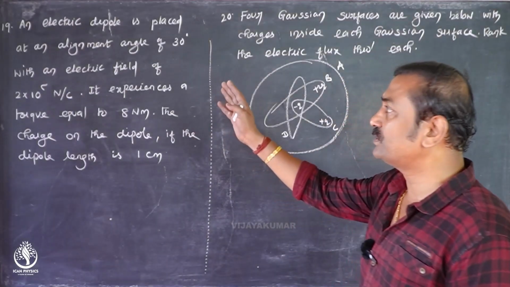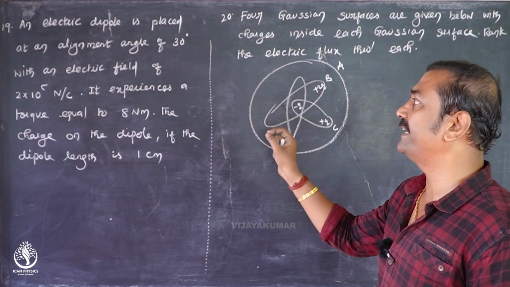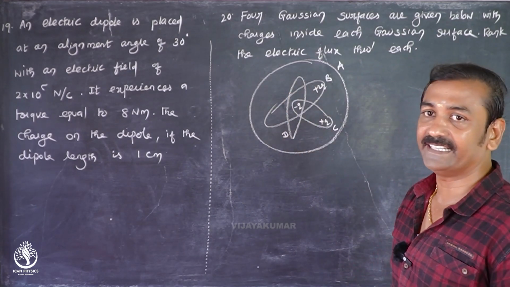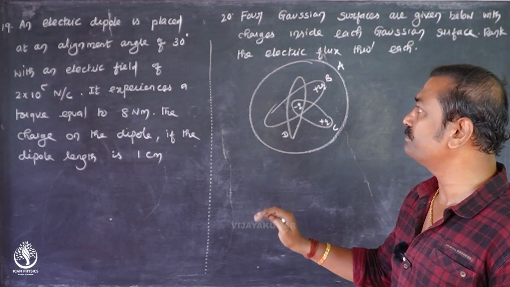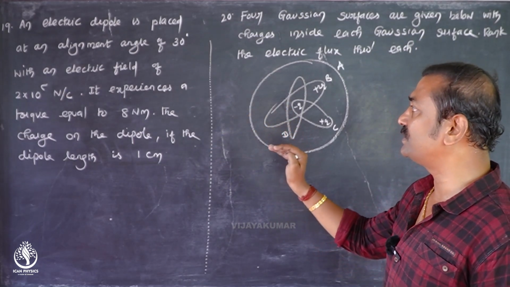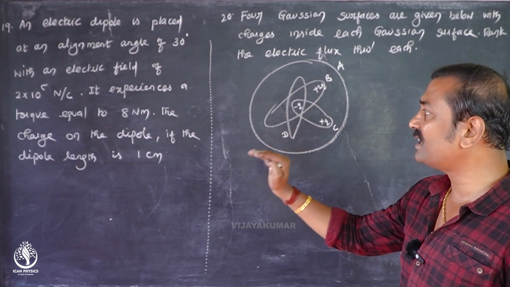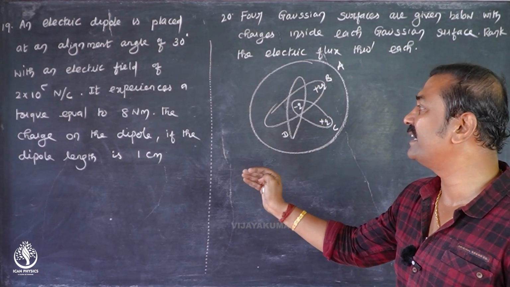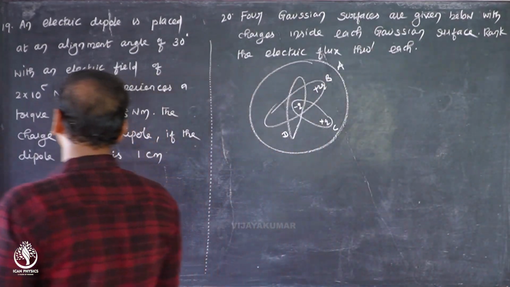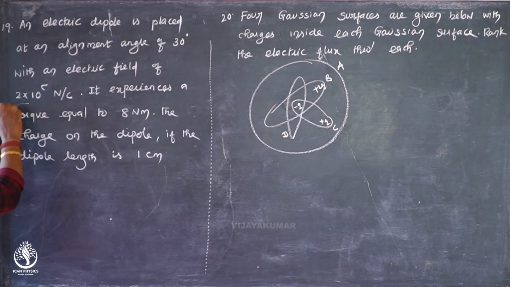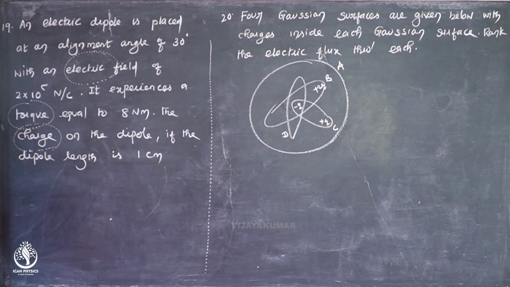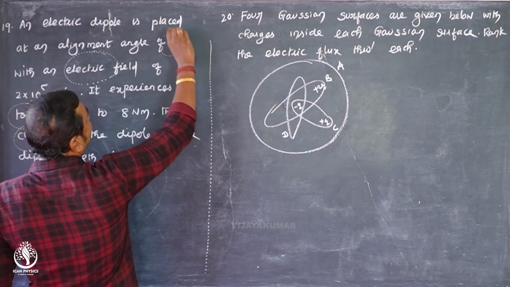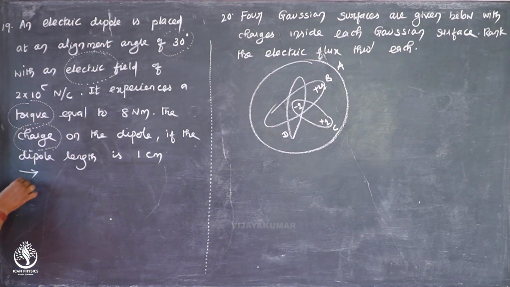Okay, fine. So the next one is, an electric dipole is placed at an alignment angle of 30 degree with an electric field of 2 into 10 to the power 5 Newton per Coulomb. It experiences a torque equal to 8 Newton meter. Find the charge on the dipole, if the dipole length is 1 centimeter. Okay. So we are having torque, electric field, and they are asking the charge. Then it makes an angle of 30 degree. So by relating all those things, then we can go for